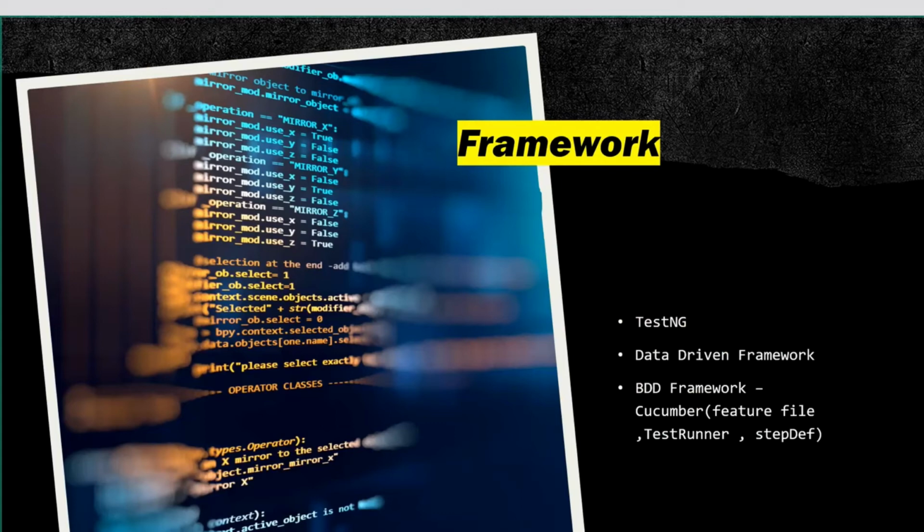Once the developer makes some changes and pushes them, you want to run all your automations. That is what regression testing is all about: with new changes, your previous functionality should not break. This is regression testing, right? So how can you achieve this in an automatic way? For that, tools are used.